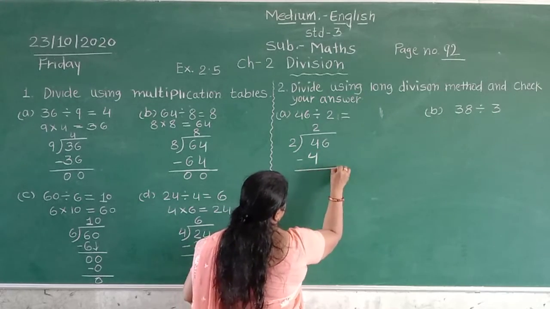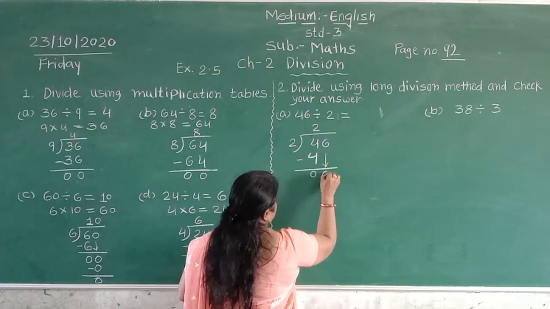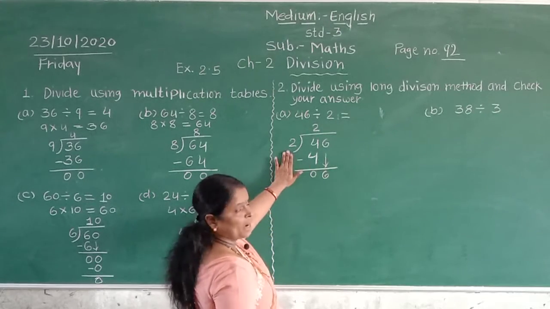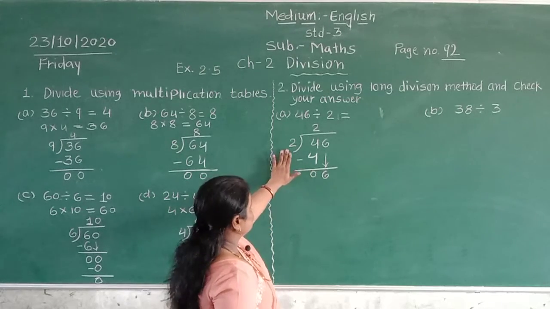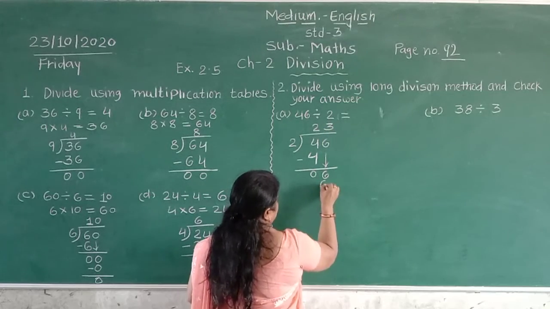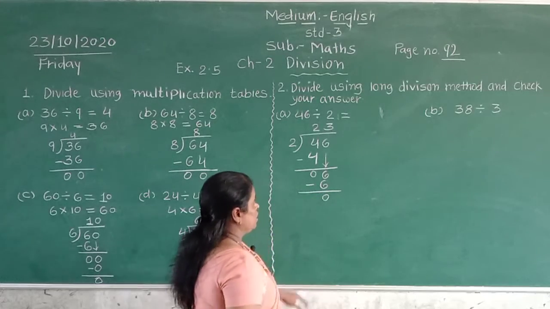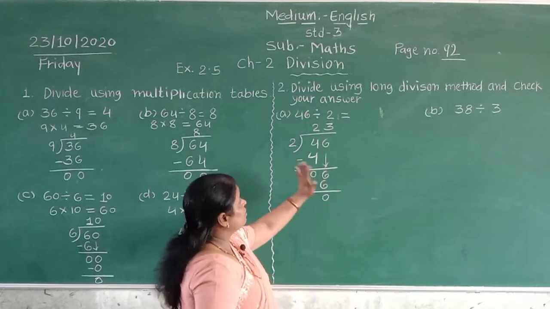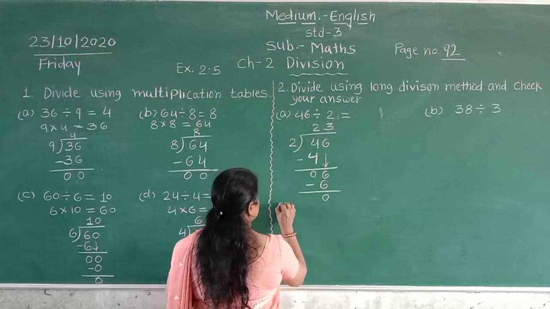Now 4 minus 4, 0. Bring down 6. Now we will divide 6 by 2. How many times does 6 come in table of 2? 2 3s are 6. Now 6 minus 6, 0. Then check your answer. Is our sum right or wrong? We check our answer. So here we write